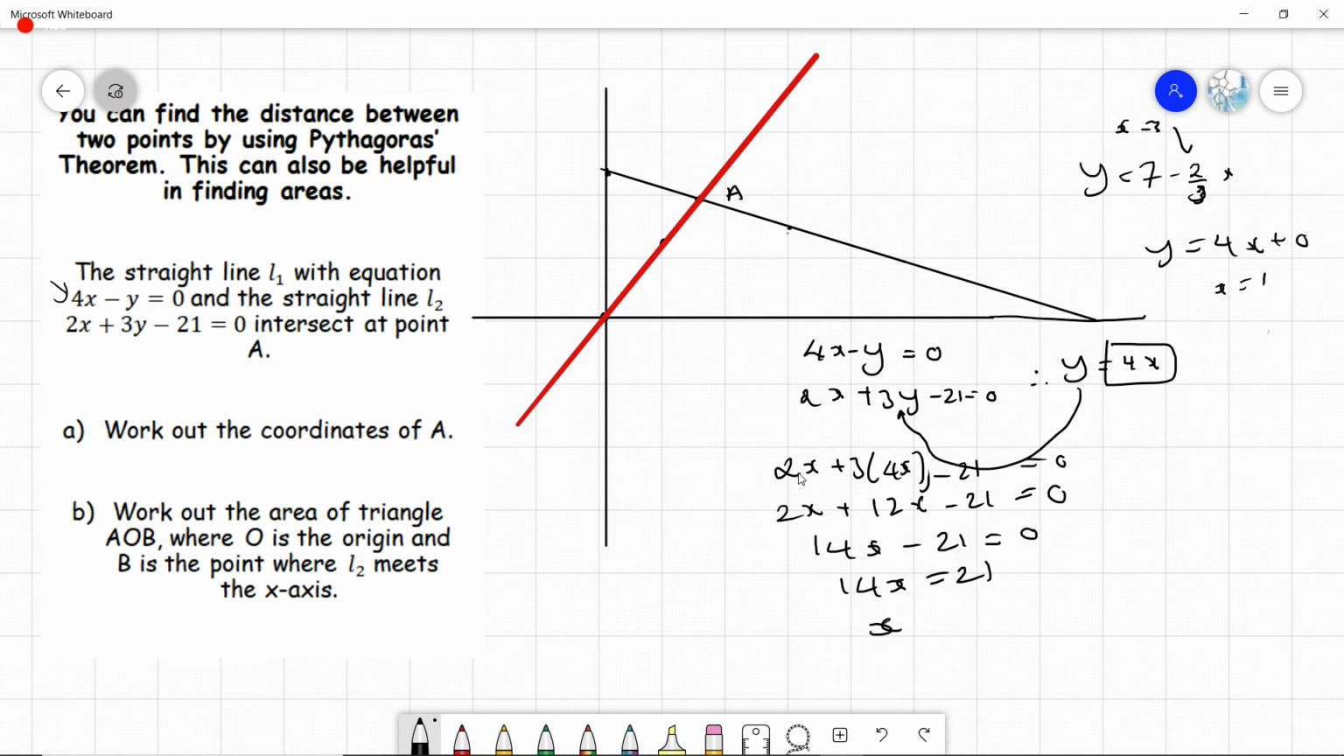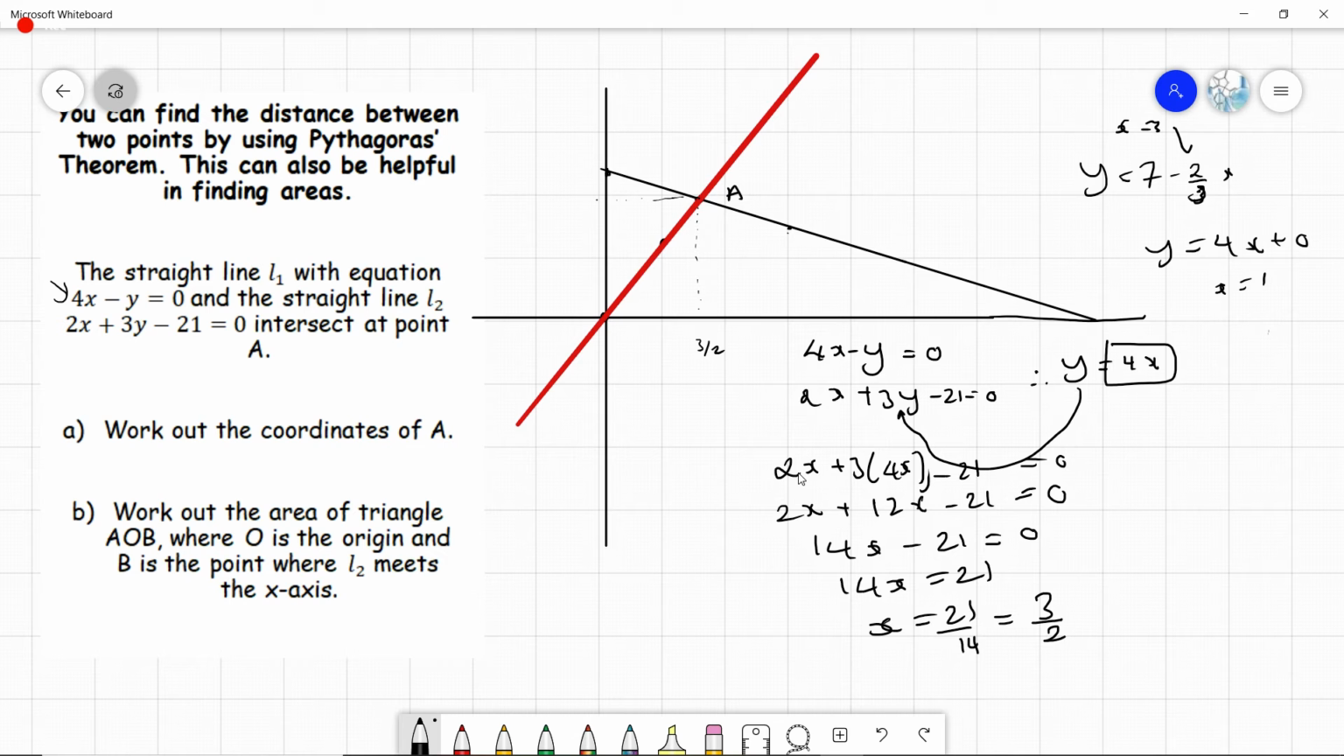So 14x equals 21. Therefore x is 21 over 14, which, if you divide everything by 7, you get 3 over 2. That means the x coordinate here is 3 over 2,